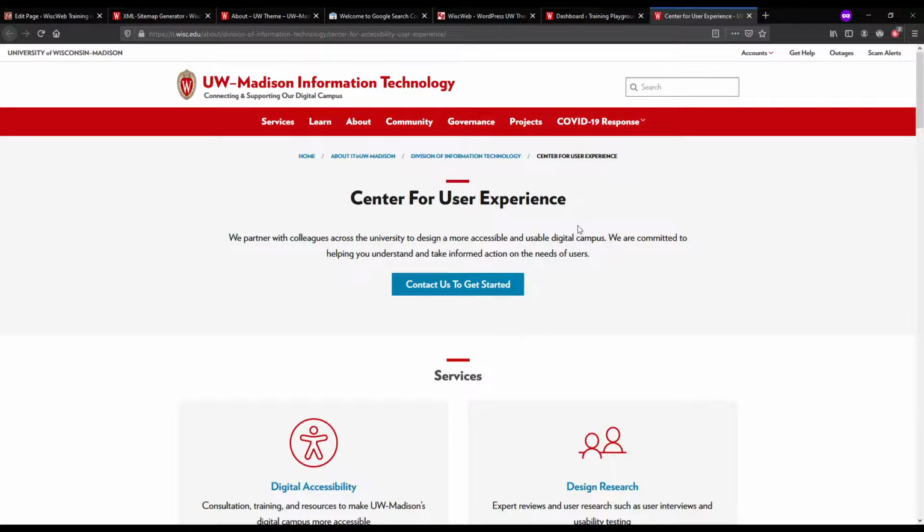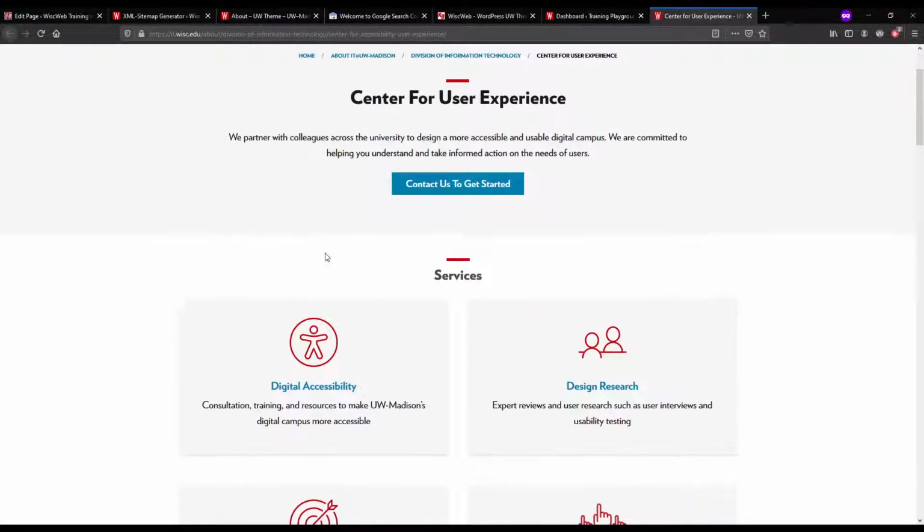You don't have to really worry about URL structure with your Wisc website, because unless you are creating, I don't know, whatever your URL is, you're at wisc.edu, and you're probably pretty good to start with. There'll be exceptions in there.